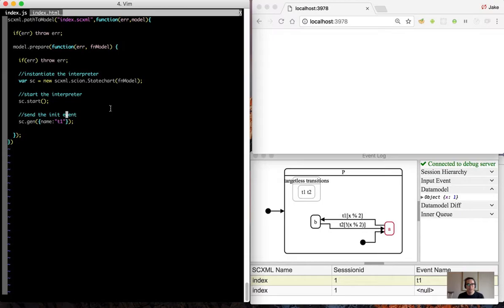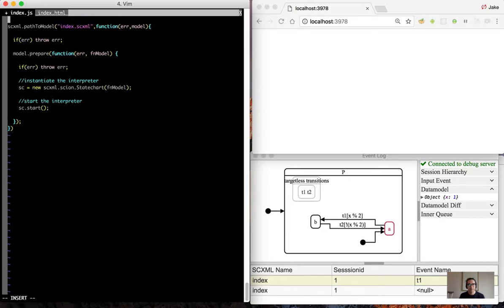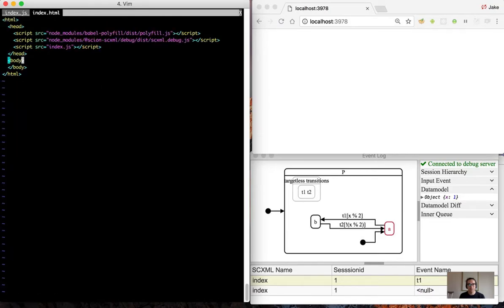So let's make it easier to work with this interactively. So let's just make the state chart instance available inside of the index.html file and create a simple user interface. Let's create some buttons. Let's say button to send T1, send T2, on click,